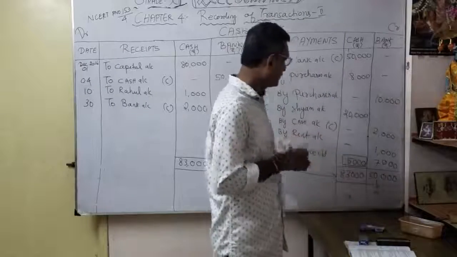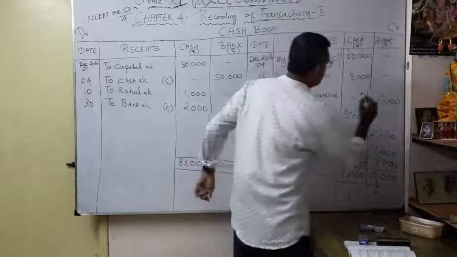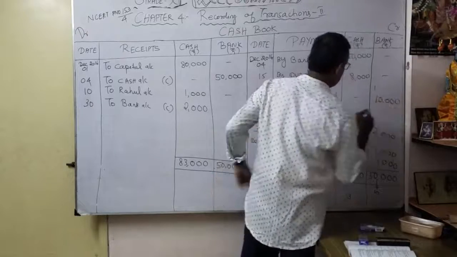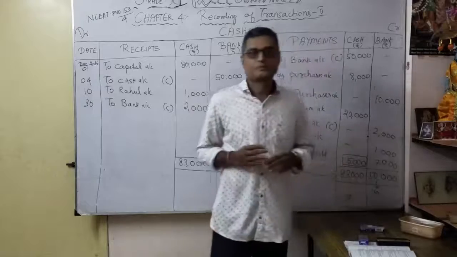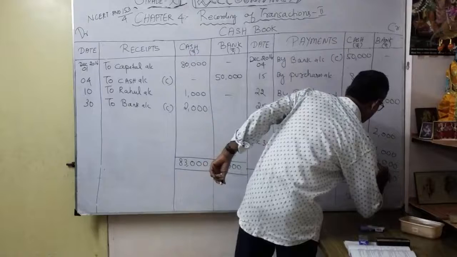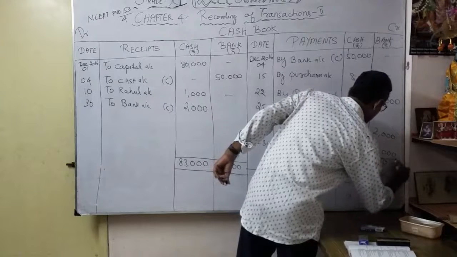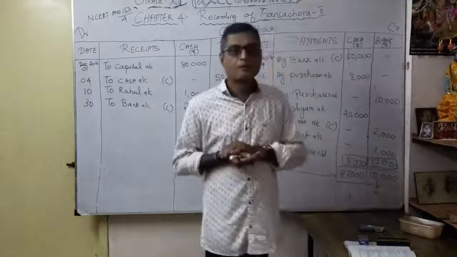See here, 2 plus 3 plus 7, 10. Balance 1, carry over. I put the carry over here. Okay, this one: 1 plus 1, 2. Here how much? 5. So what's the difference? Difference is 3. You understood? That's what our 37,000 is, our bank balance.